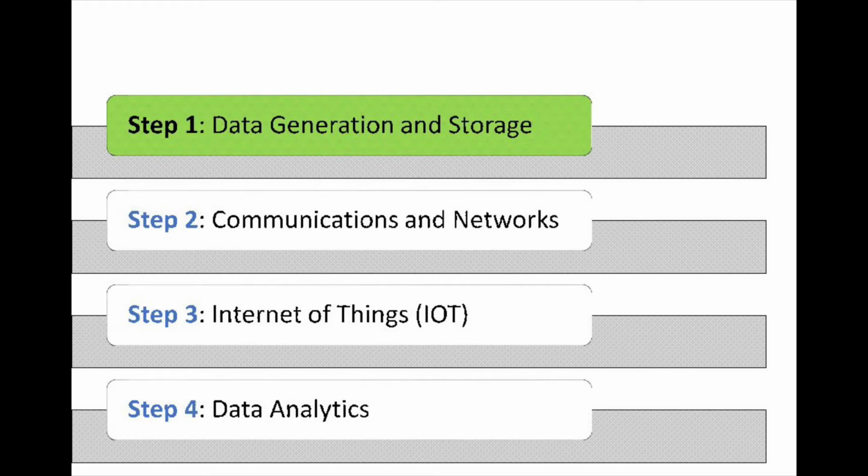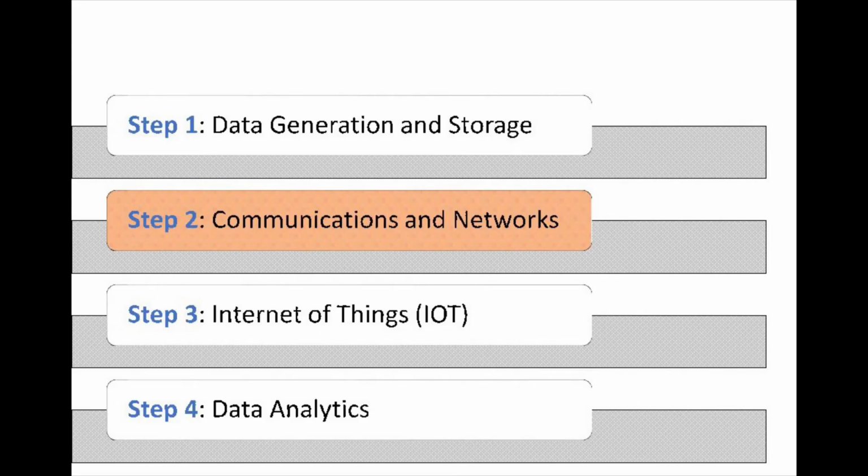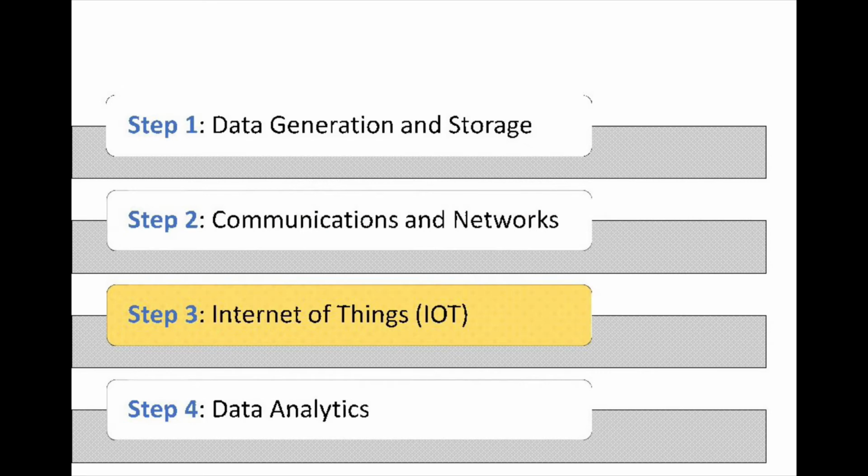The second element is telecommunication networks and includes wired as well as wireless infrastructure such as 4G and now 5G, Wi-Fi, internet and satellites, etc. So through these networks, the data which we have already talked about is transmitted. The data and the telecommunication network, when put together, is called Internet of Things, that is different devices connected to one another. Now IoT is the most essential technology of a smart city.